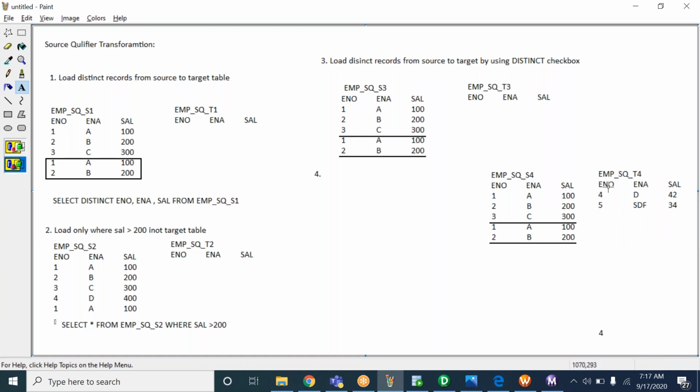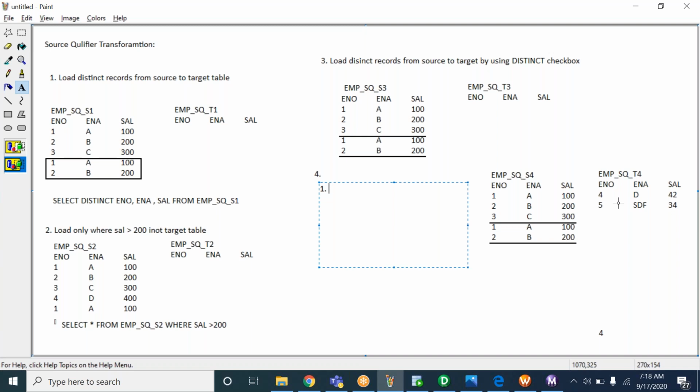So some records are already in the source and target table, we should have records like this. And the requirement here is, before loading the source data into the target table, let's say we already have two records in the target table.